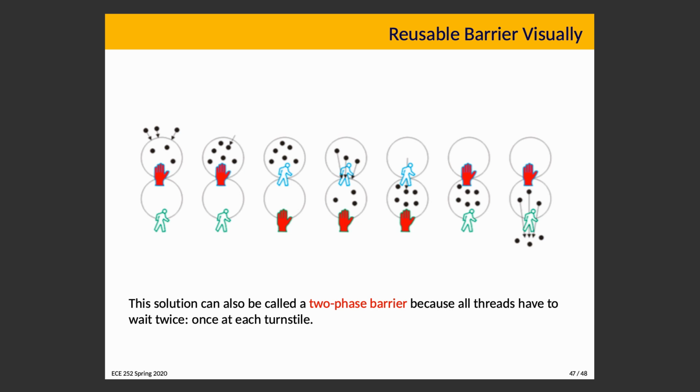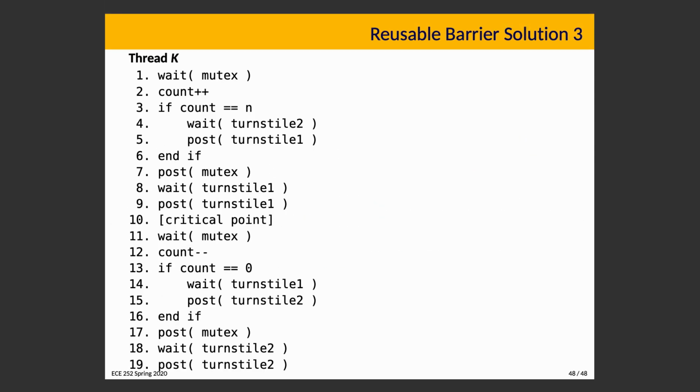And what this addresses is the problem of, for example, if we didn't lock the second barrier, when we look at the fourth diagram in the middle, if that second barrier did not exist, then a thread could leave and go around and re-enter while the turnstile is still open. So yeah, we wouldn't want that. And so to actually make this work, the pseudocode for the reusable barrier solution looks like this,